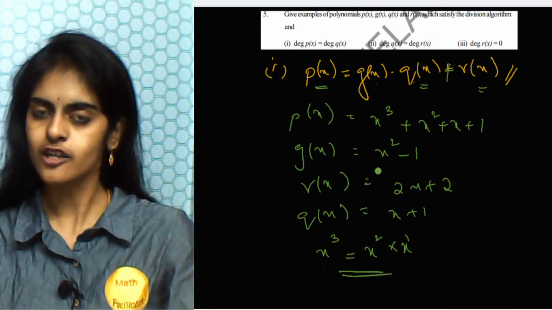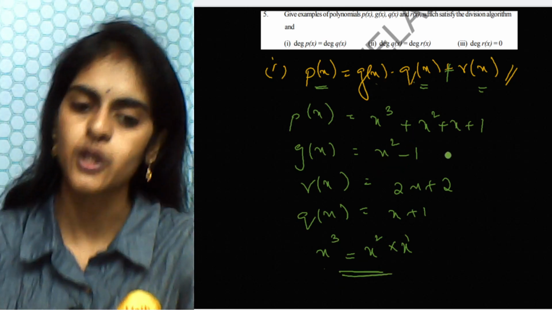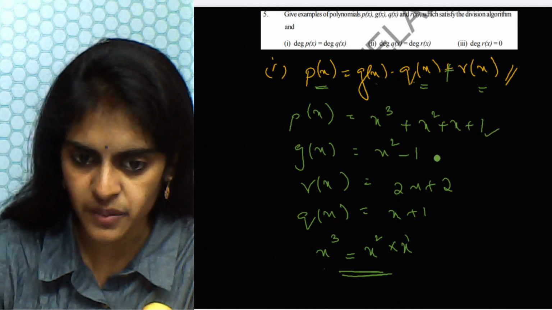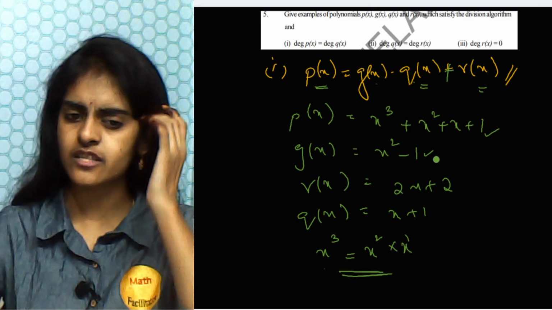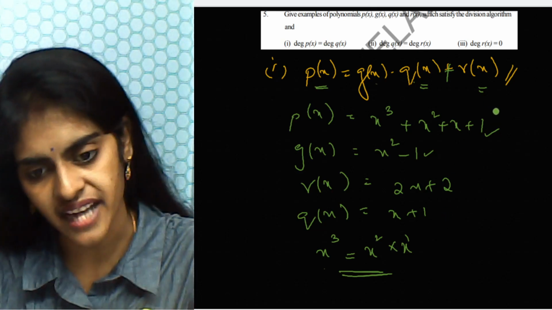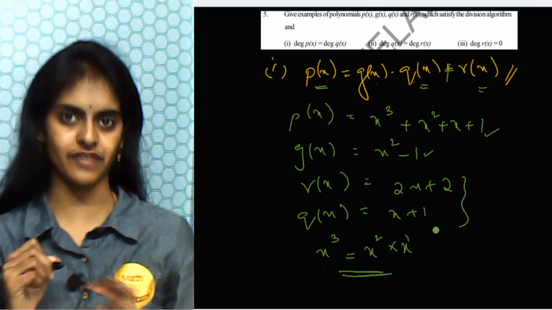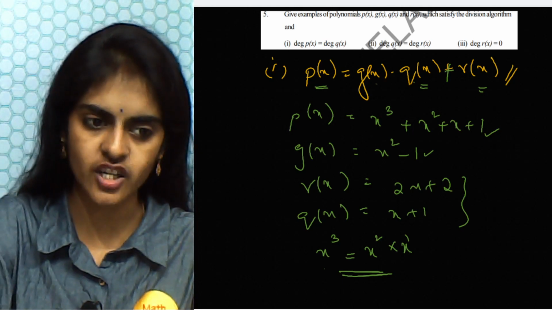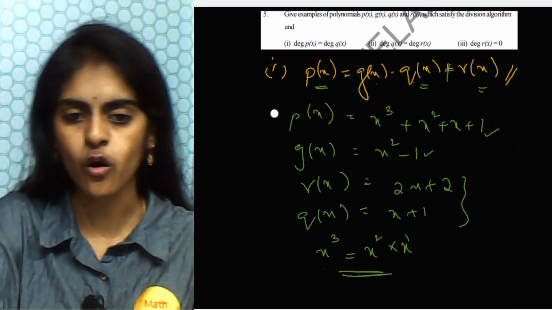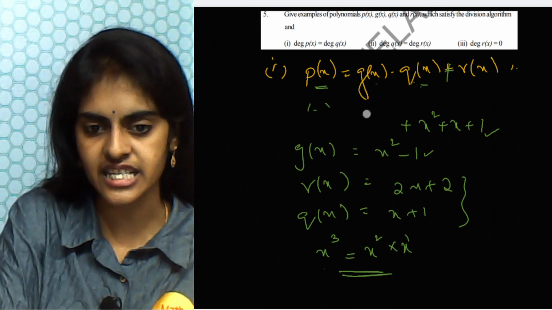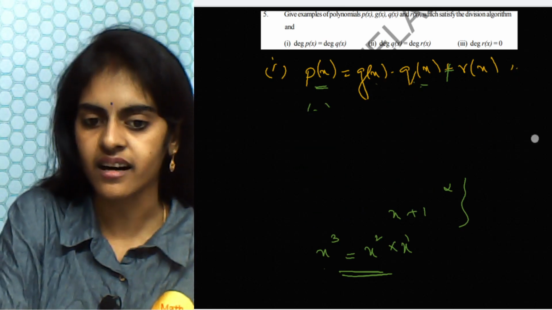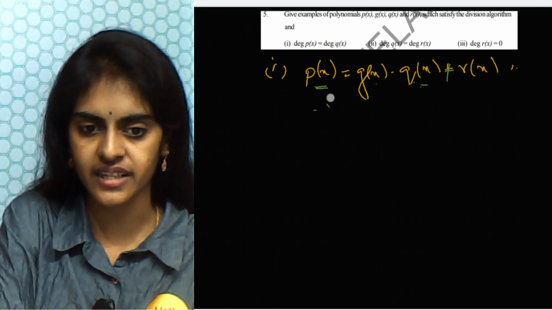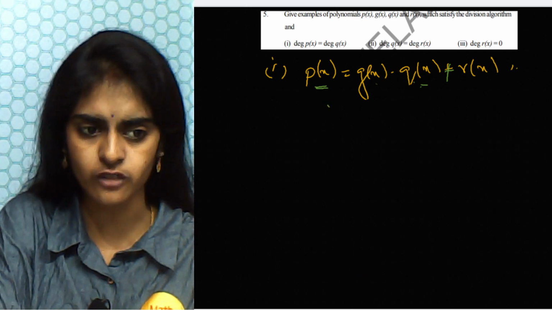So using this logic, you will take any polynomial, and this g of x should be 1 degree less than this. Then just divide these two, you will get q of x and r of x. Clear with this? Mostly this question will not be asked in your examination. This is a concept based question, just to test your understanding regarding the chapter. So let us move on to the next bit of this question now.